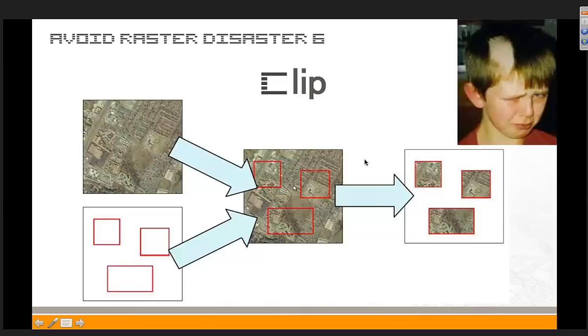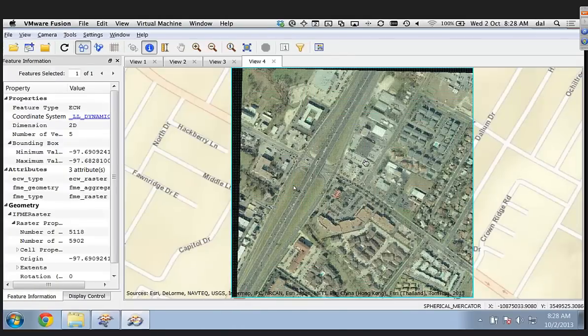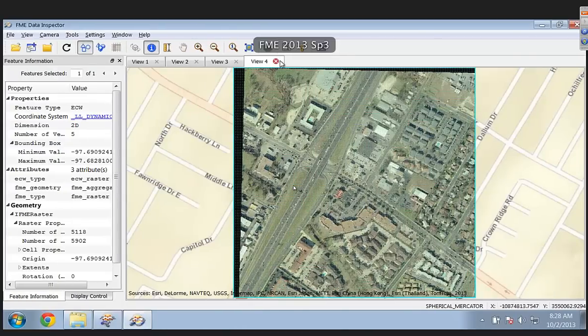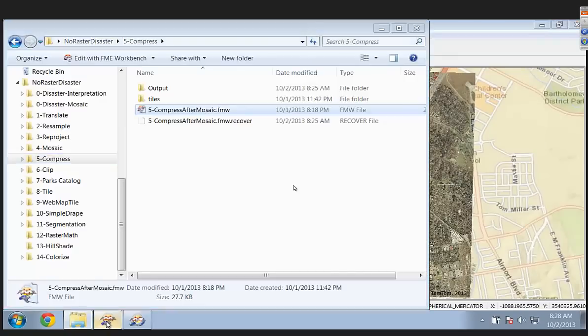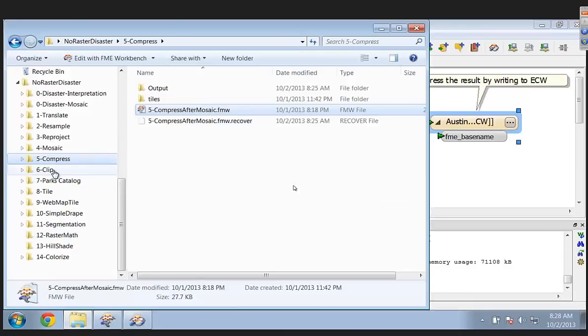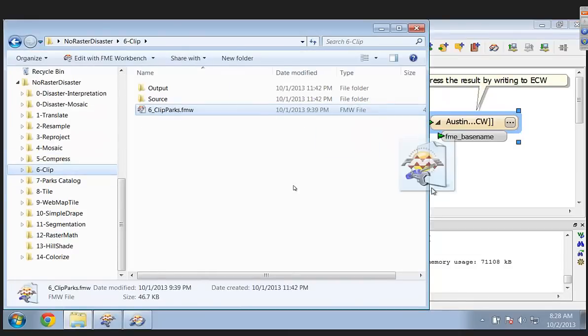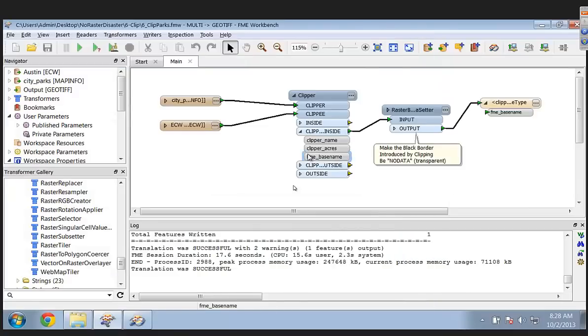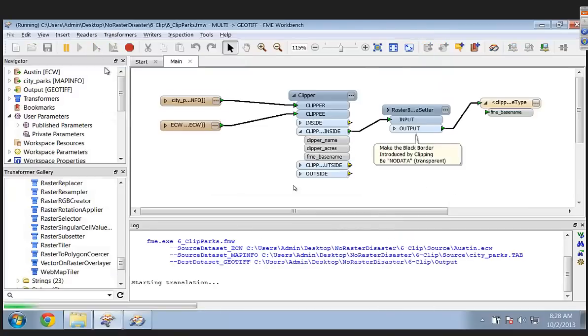So this is the simple kind of clipping. This is where we do some integration. We're taking some vectors and combining them with raster to produce stuff that we find more useful. Let's take a look at what we have here for a nice clip. Number 6 is clip. This is a nice bread and butter clip situation. I'm going to run this, and we can talk through it.